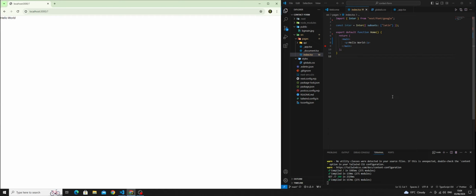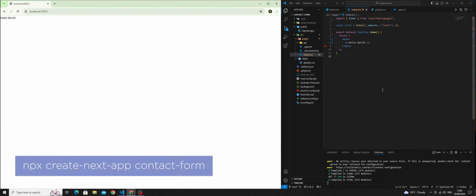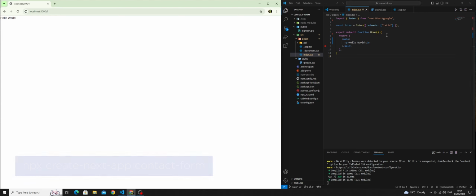Okay, so to begin with, I've created my Next.js project, which you can run by going into the command line and just typing in npx create-next-app and then calling it whatever you want. I've just called it contact-form. To start off with, we're just going to create the outer